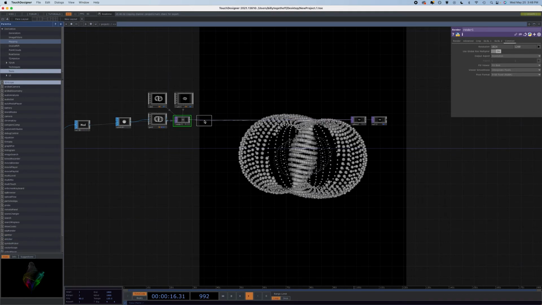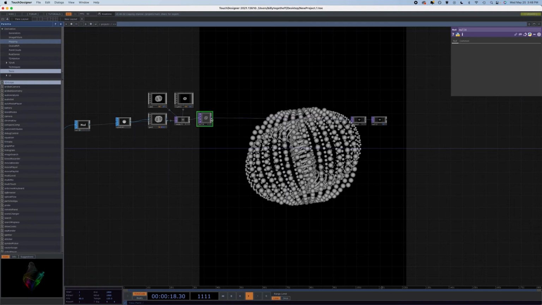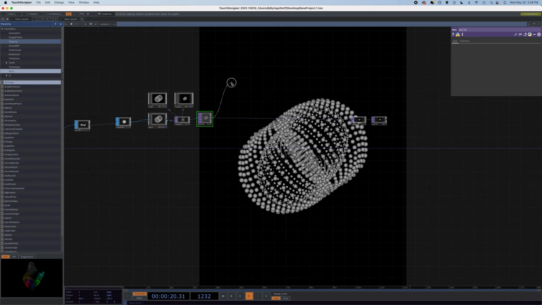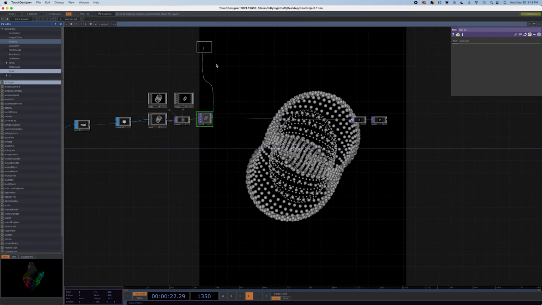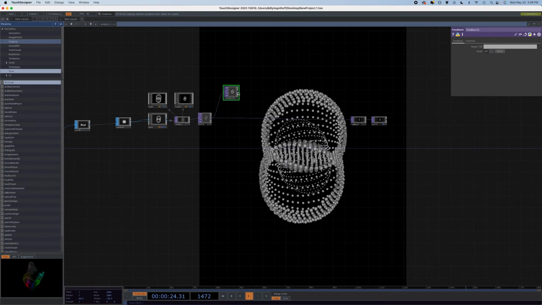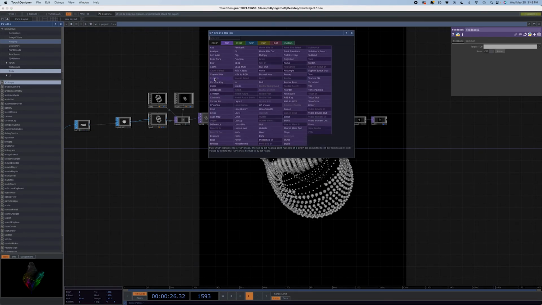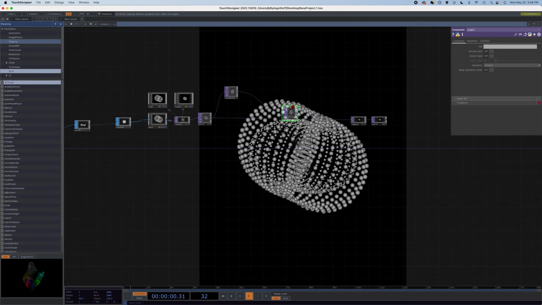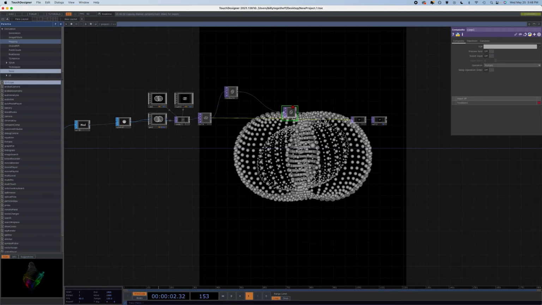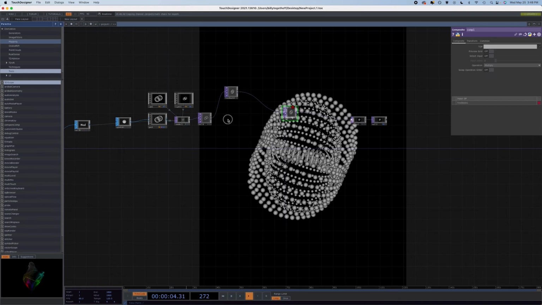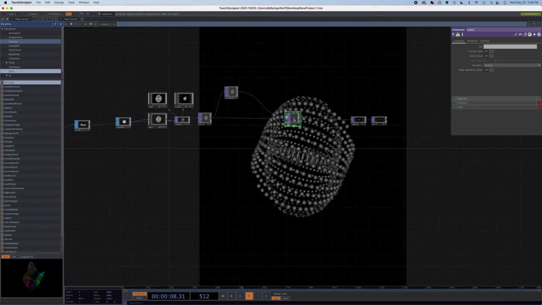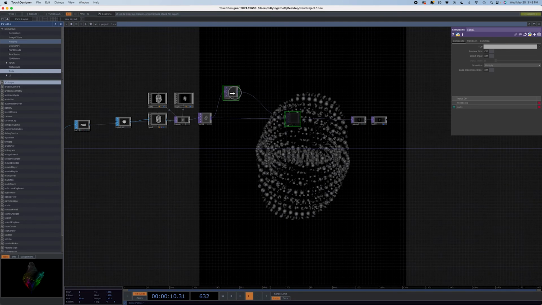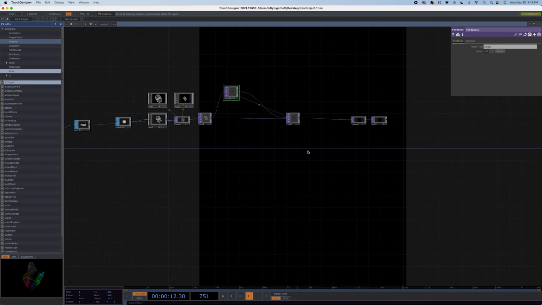So let's add a null into our chain here, and then let's drag a second connector off and go to feedback. Let's add a composite out of our feedback, slide that into the line, connect our null to the composite, and then let's make sure we drag our composite onto our feedback, and boom,